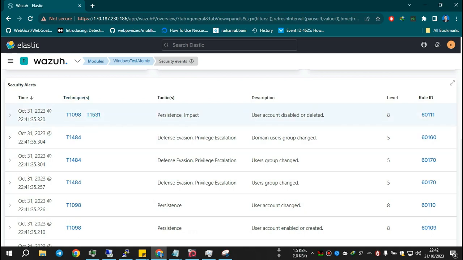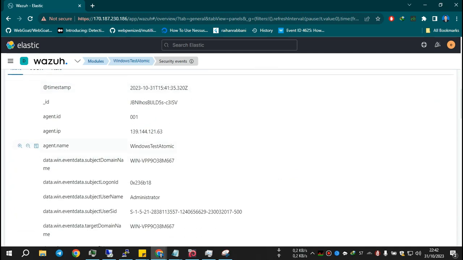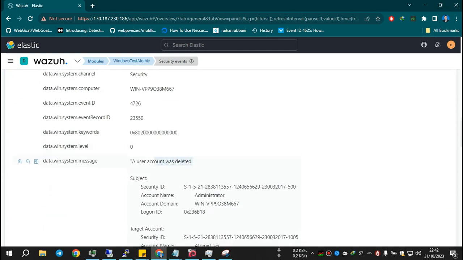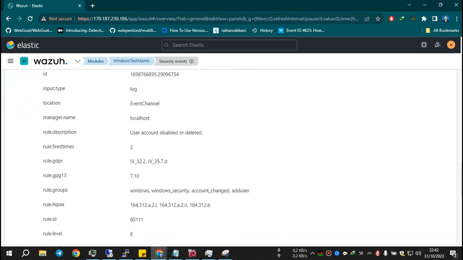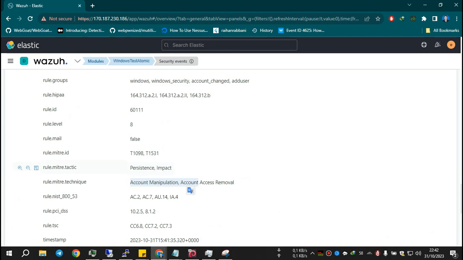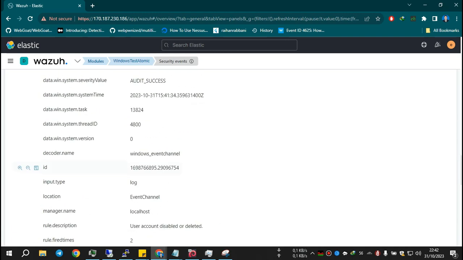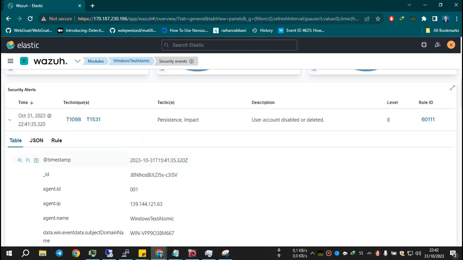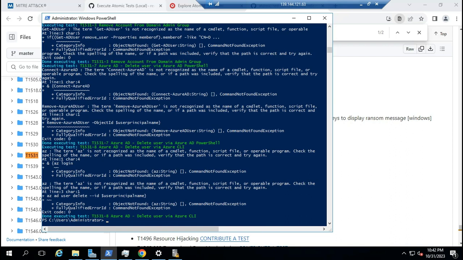The tactic is T1531 like we used before. The agent name is Windows Atomic. A user account was deleted. Okay. The technique is account manipulation, account access removal. So the test is successful, so we can check it in the Wazuh server and it's running smoothly on the Windows side.